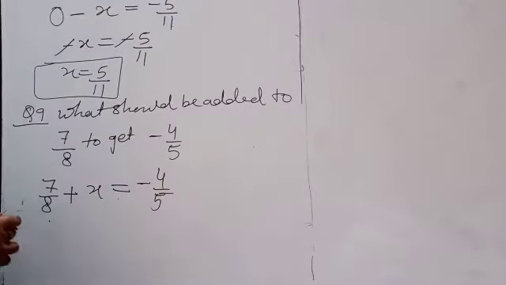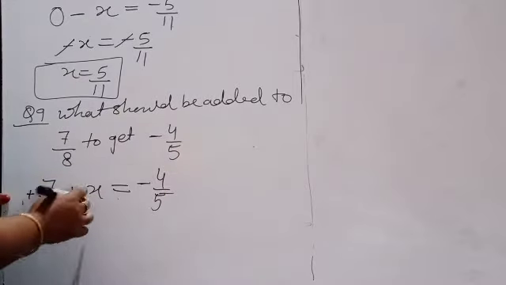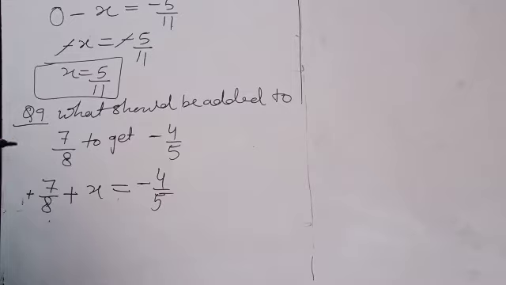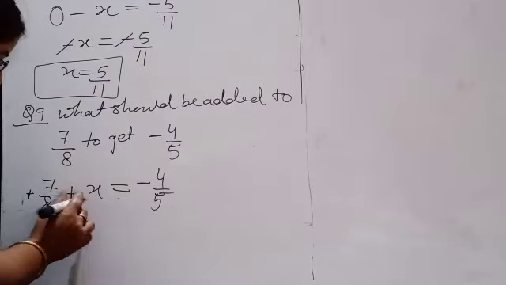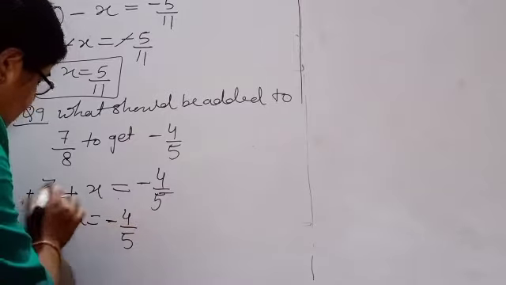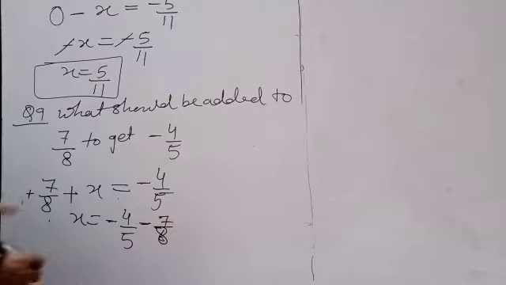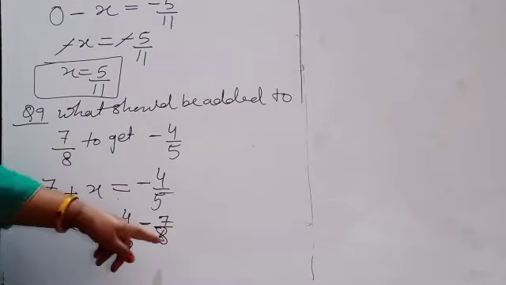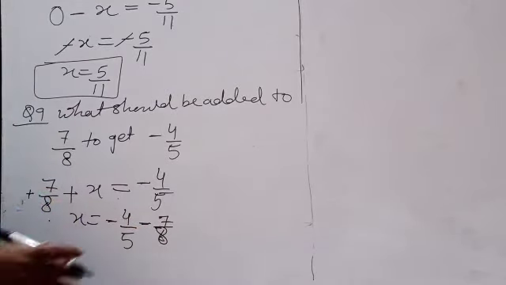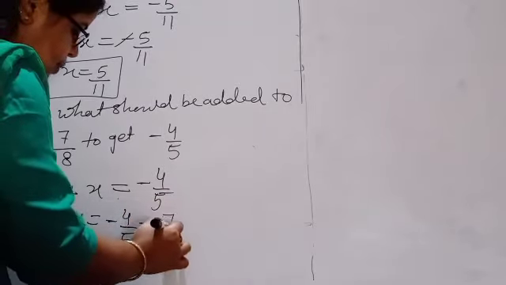Okay. Now everybody knows that here is the plus sign. If I take this number to the right hand side, what sign will it get? Minus. Last year when I taught you algebra, you were able to do this very nicely, and the same algebraic rule we are going to apply here. X is equal to minus 4 upon 5 minus 7 upon 8. The number which we are shifting from here will not go in the first position. It will always go in the second position, which means minus 7 upon 8.